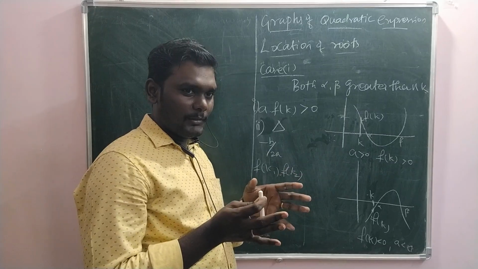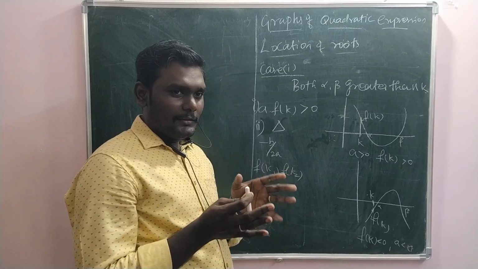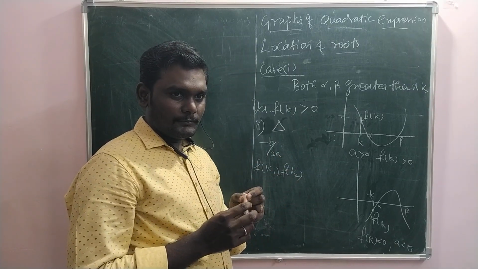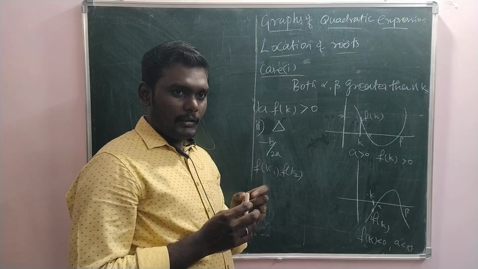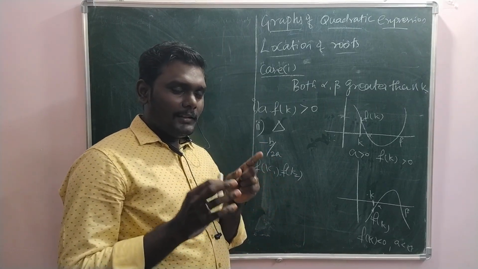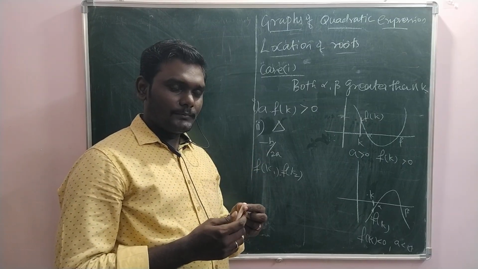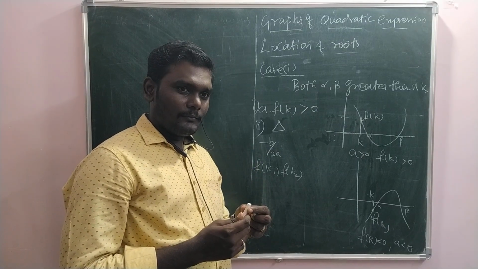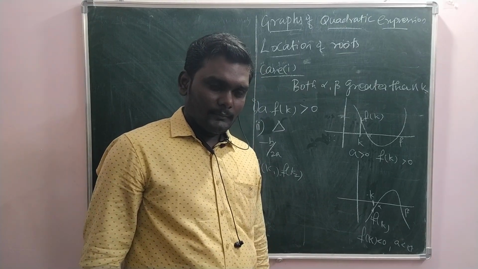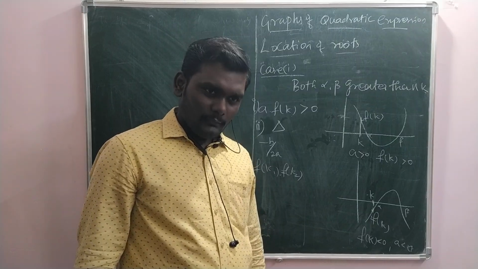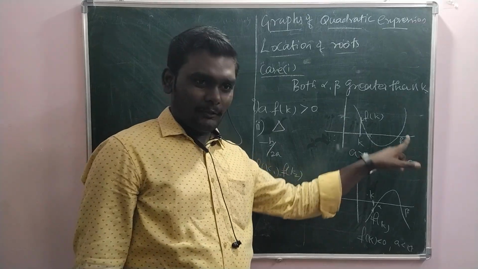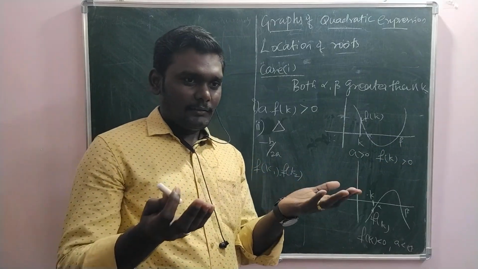See, I am just freezing for a moment. If delta is such that these two roots will be same, real and equal, what is the value of delta when the roots are real and equal? Equal to 0. That is possible. It may be distinct also. Distinct roots means delta is